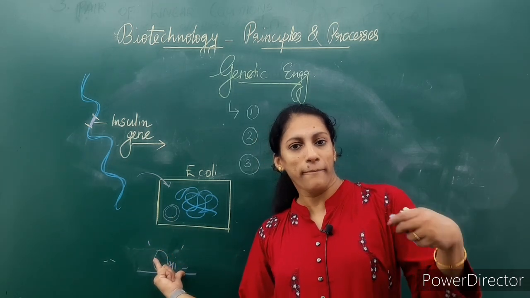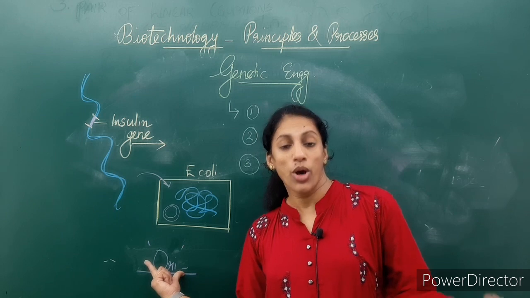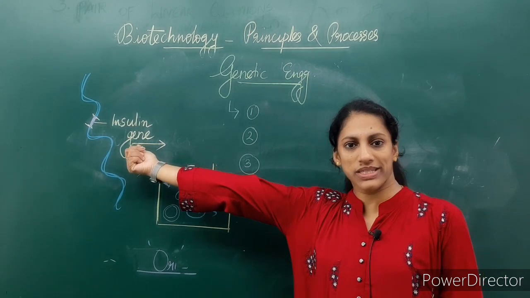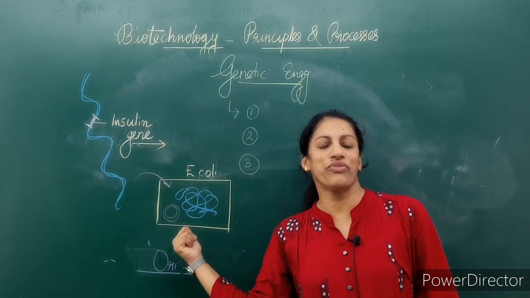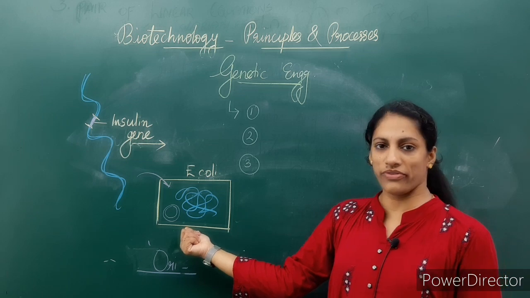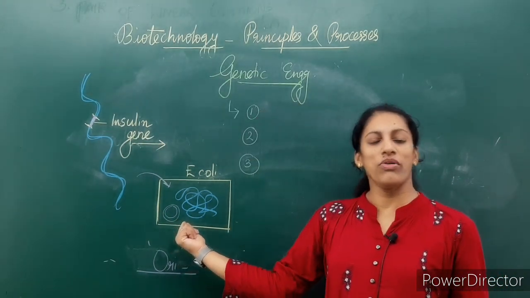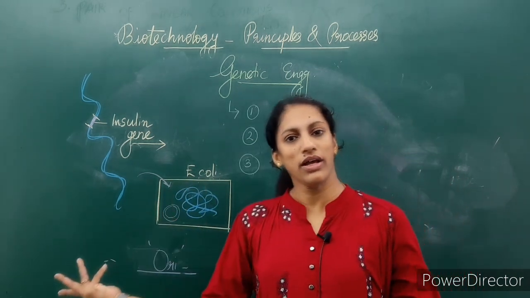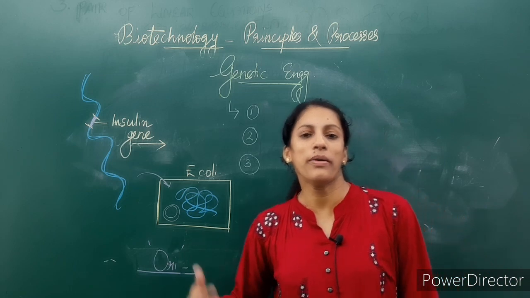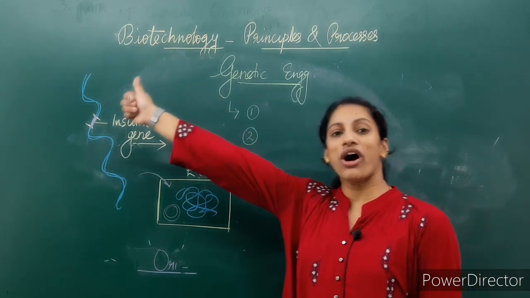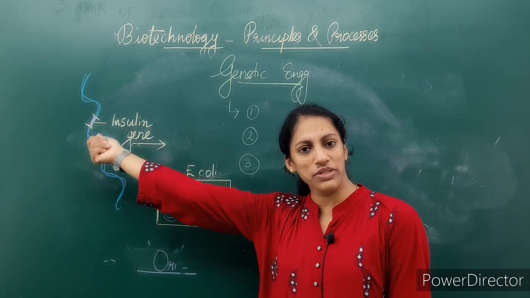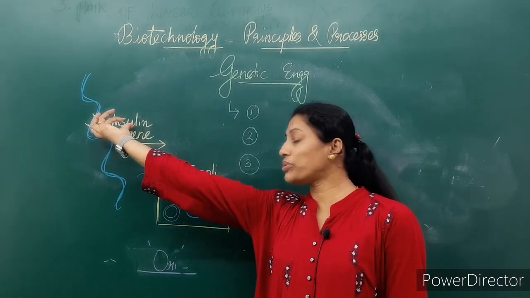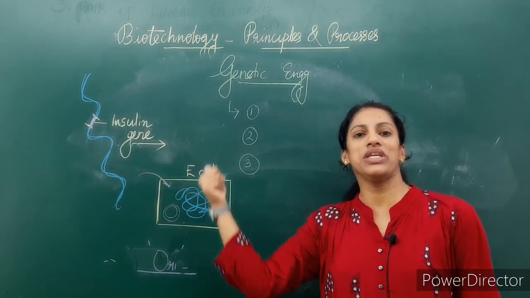if we want to multiply it in a host cell, what do we need to do? We have to incorporate this desired gene into the genome of the host cell. Very simple fact. Along with its genome only can our DNA multiply. If we are simply depositing it here and there, there is no scope for it to double or multiply. So in order to multiply, if our aim is to get its expression, we have to insert this gene into the genome of the